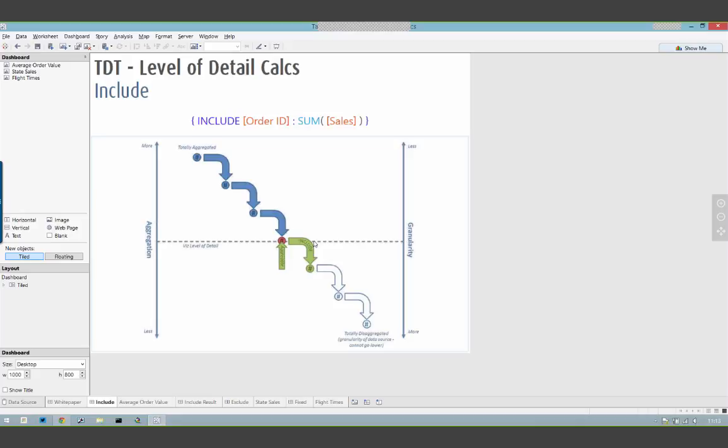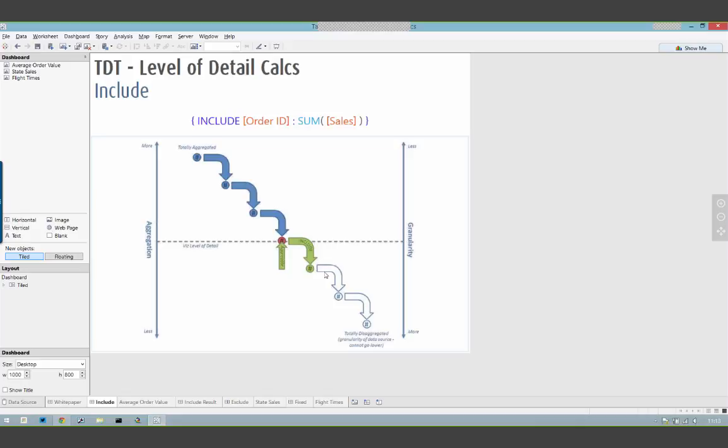Each of these charts shows the viz level of detail, what we're used to up to now in Tableau. But then what the level of detail calc allows you to do is pull down, in this case, one step further down in granularity, aggregate at that level, and then pull it back up to the viz level of detail.